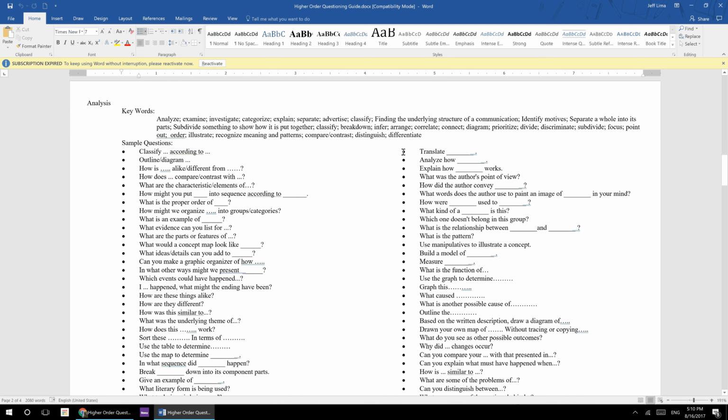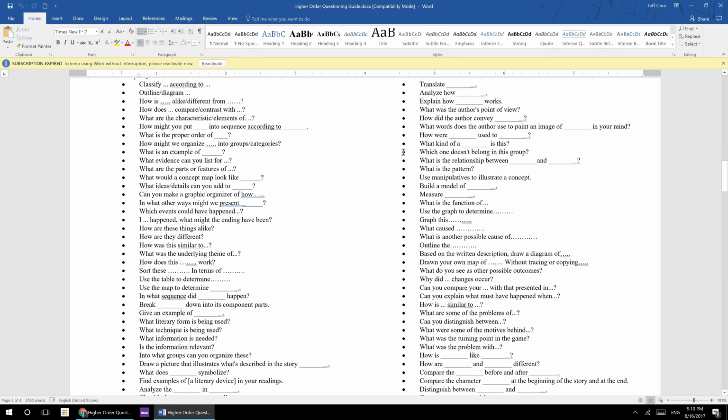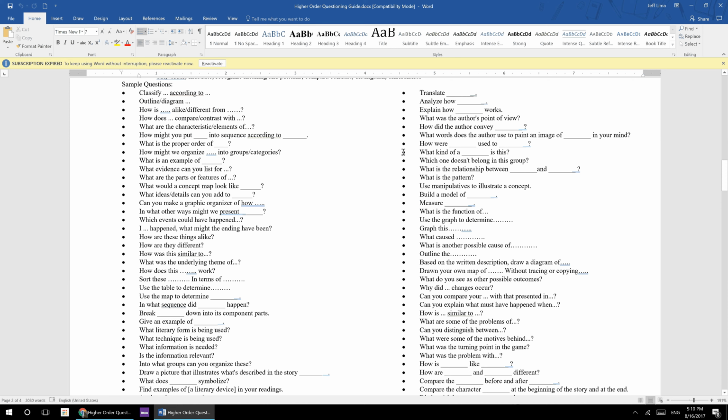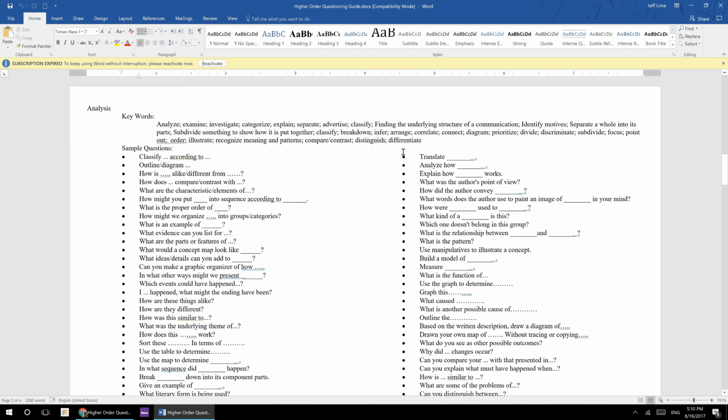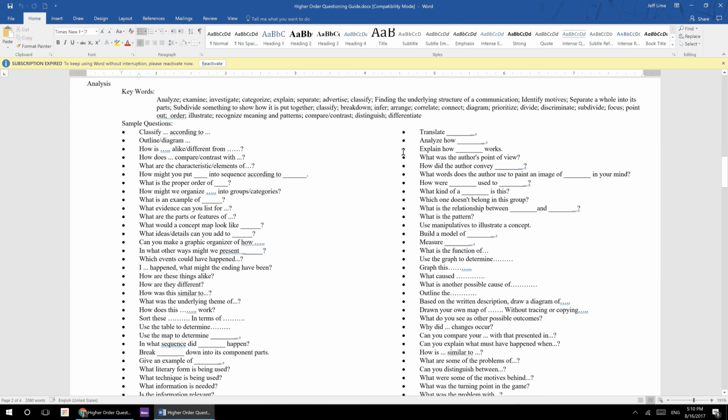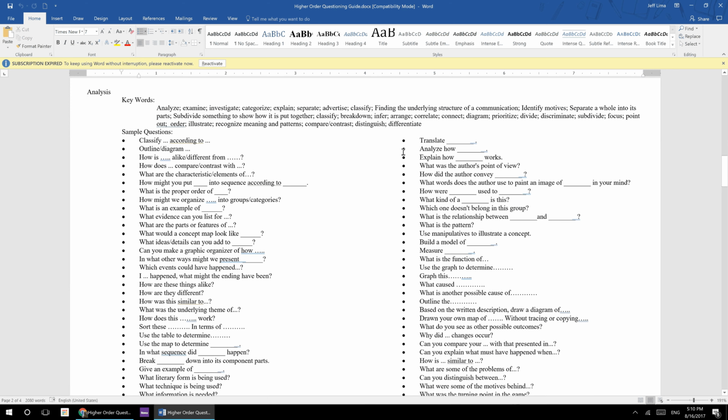Analysis is even deeper, and there are a lot of question frames here that can be used. That's my favorite one because that's where I would like my students to be starting, really. An example of analysis would be to create a concept map, provide evidence for something, compare, contrast, give other possible reasons for why something has happened, or give an example of something. So in this velocity example, you could have somebody analyze different data to determine which objects have larger velocity, or compare and contrast two objects which are moving with constant velocity, or distinguish between velocity and speed, and so forth.